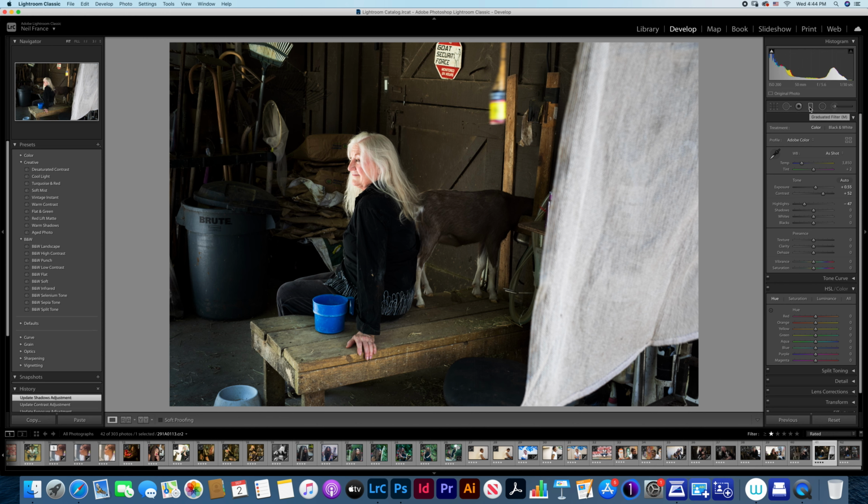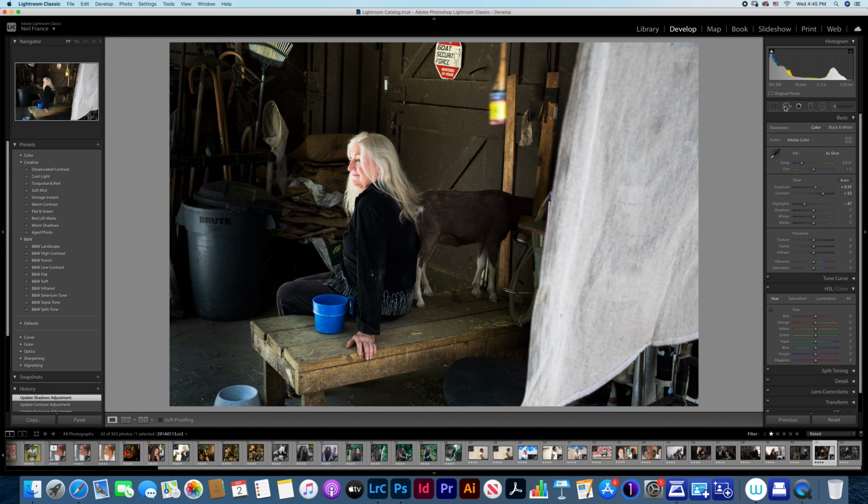And boom. Now look at what your eye does. This white on the right isn't so white anymore, and this area on the left isn't so bright anymore. So now your eye focuses in on the main subject, which is Miss Linda. And then the goat is secondary here. Bubbles is secondary. We know Bubbles is there, but Bubbles ain't the thing.